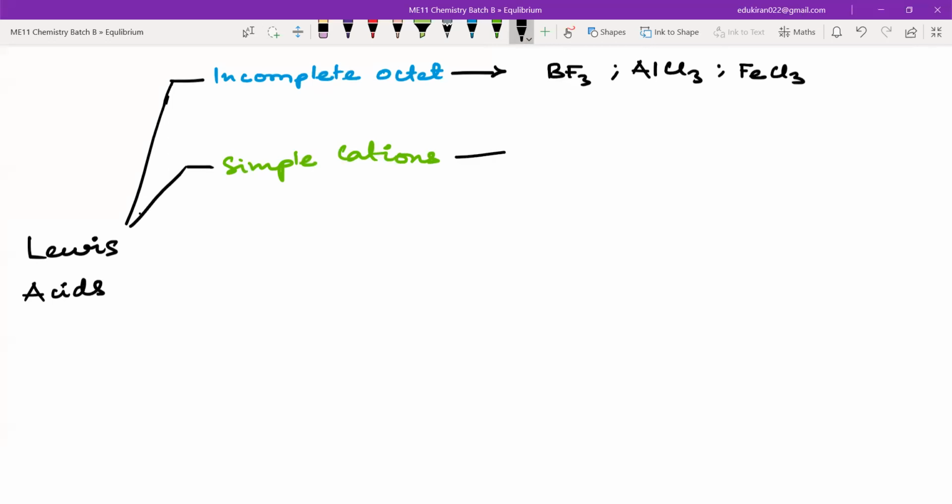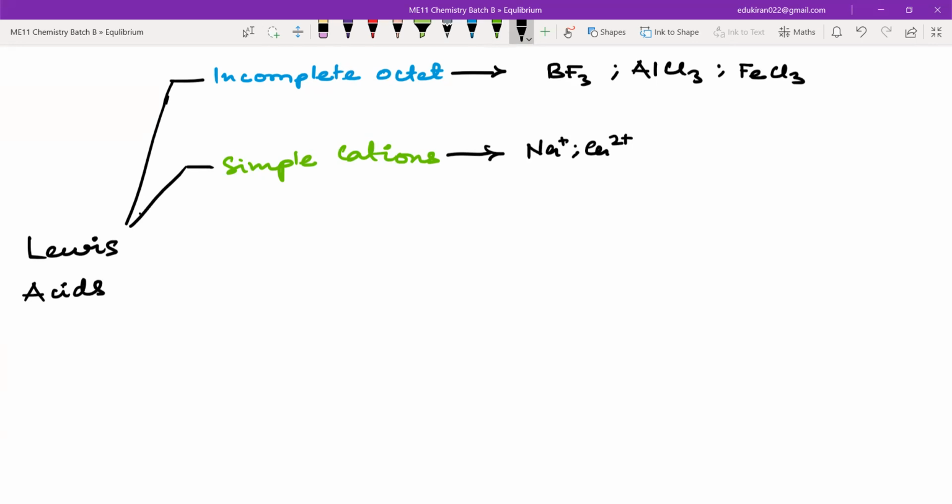Okay, simple cations. Not all cations have a tendency to accept electrons. All of the cations don't have a high capacity to accept electrons. For example, the alkali metals and the alkaline earth metals, group 1 and group 2, have the tendency to lose electrons. So if I take the cations of those elements, such as Na+ and Ca2+, these will be